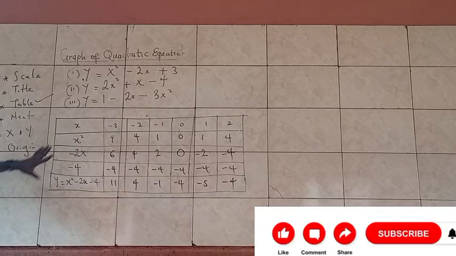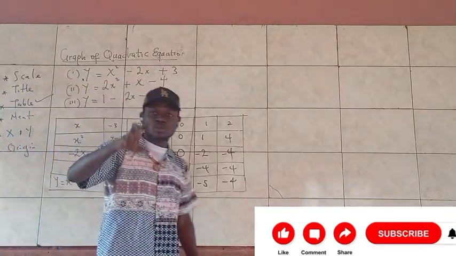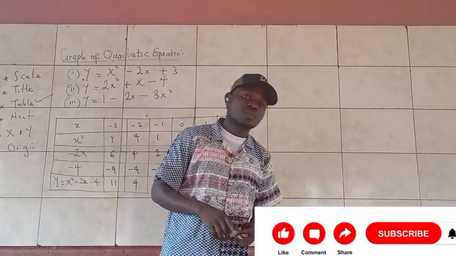If you follow the same example I've given on this board, you can easily solve 2 and 3. And this is the life of the quadratic equation. If your table is wrong, you can't have a perfect graph. So your table has to be perfect for the graph to make a lot of sense. So thank you so much for being